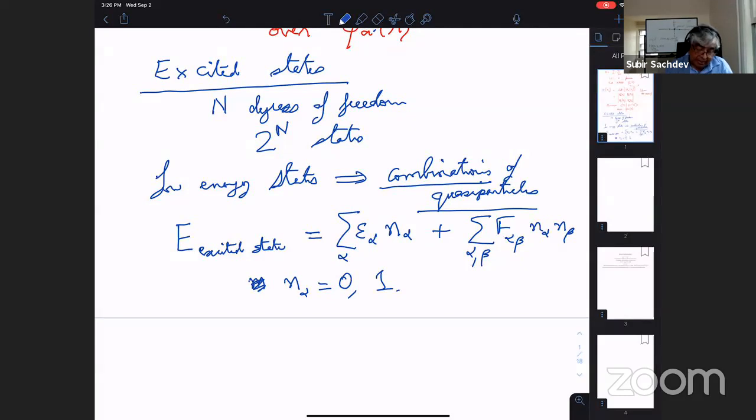So this, if you wish, is some labeling of the excited states in terms of single particle like excitations. And you can add even higher order terms. So now we have all these free parameters that we haven't specified. What are these single particle energies? What are these interaction energies? This is basically what we want to determine when we are doing an actual theory, in, say, 295B, what these numbers are.